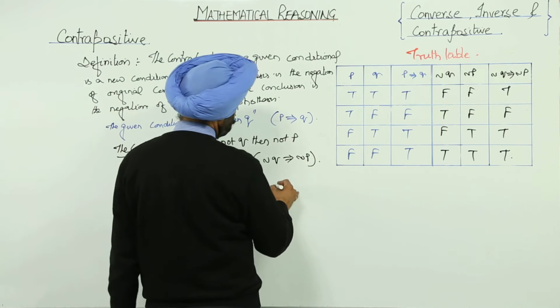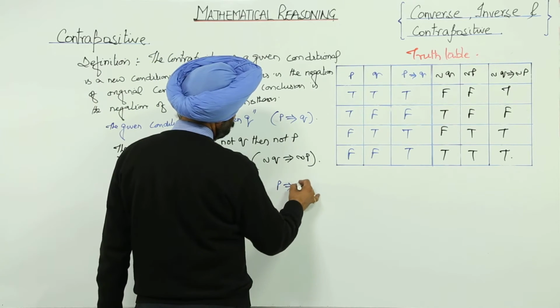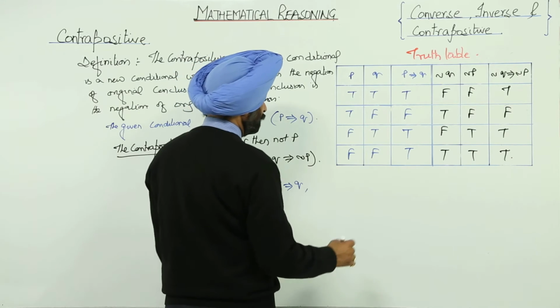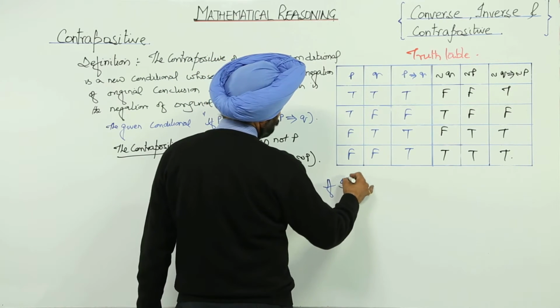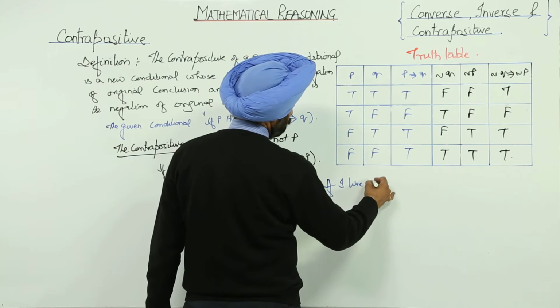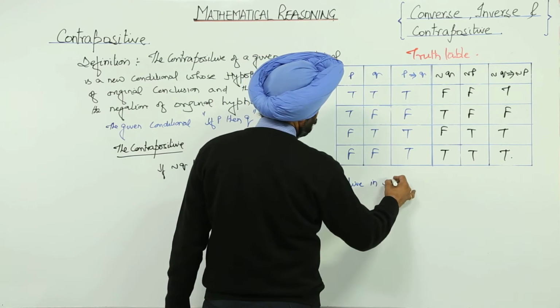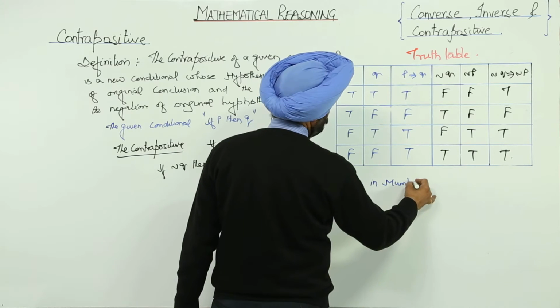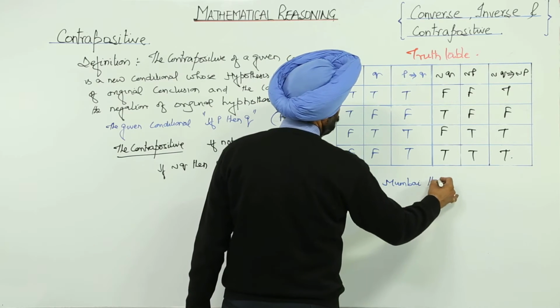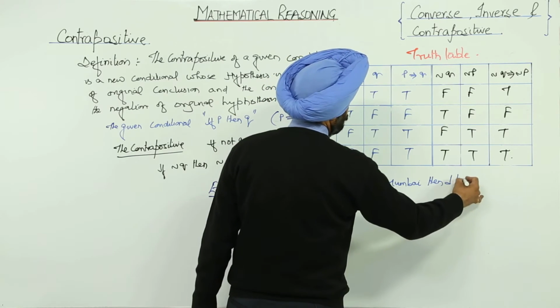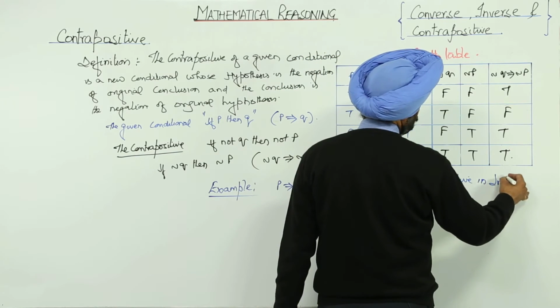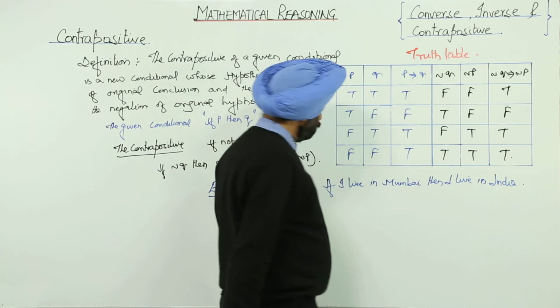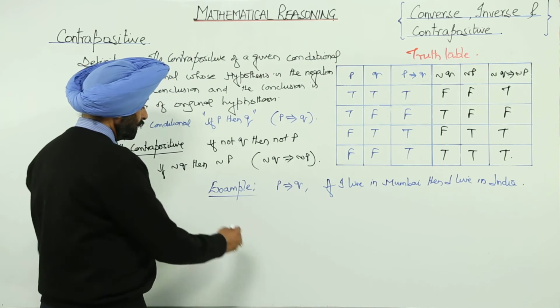Now suppose P implies Q, let us take an example. If I live in Mumbai, then I live in India. Okay, and